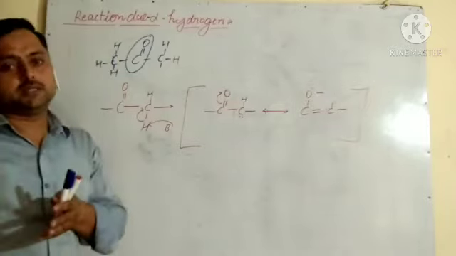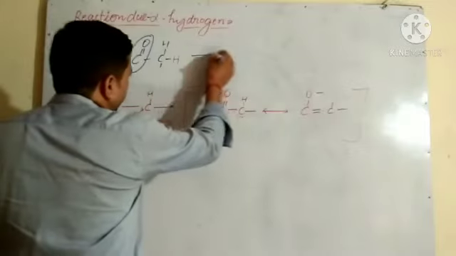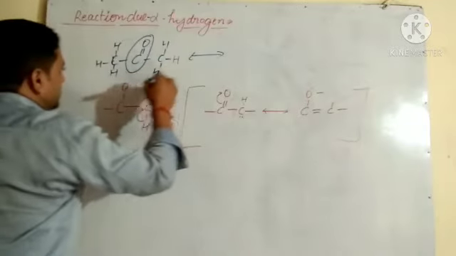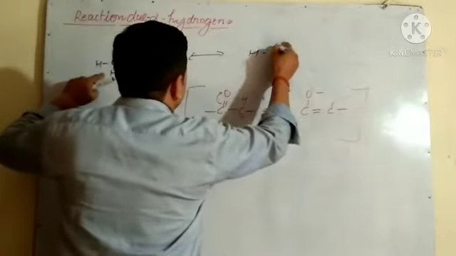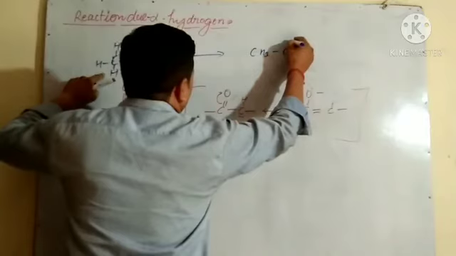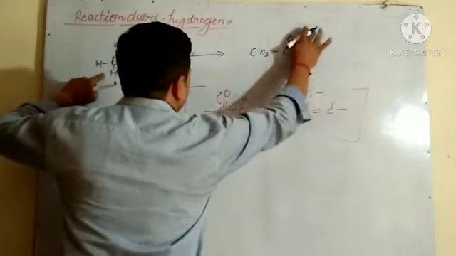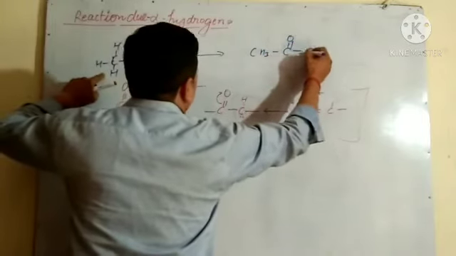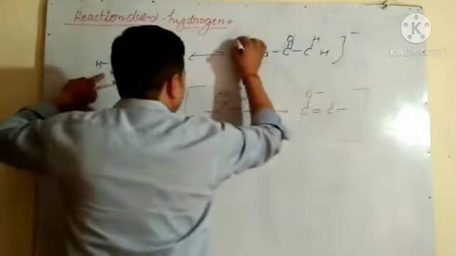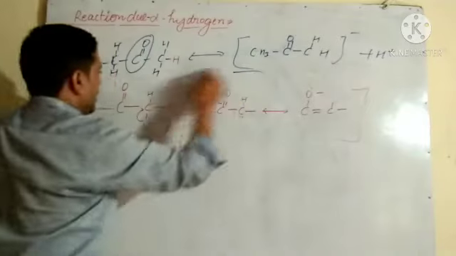So here maybe some confusion was about conjugate acid and base, so I will clear it here. If it loses one proton, or H plus, whatever we can say, the conjugate of this one will be like this. We can show it like this. And here there is a negative charge, and it released H plus. So that is the conjugate base of this acid.